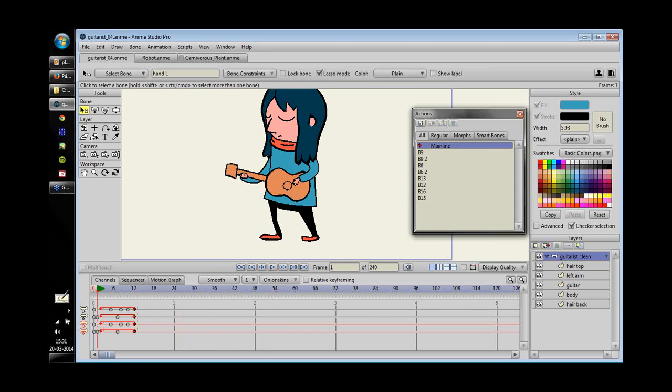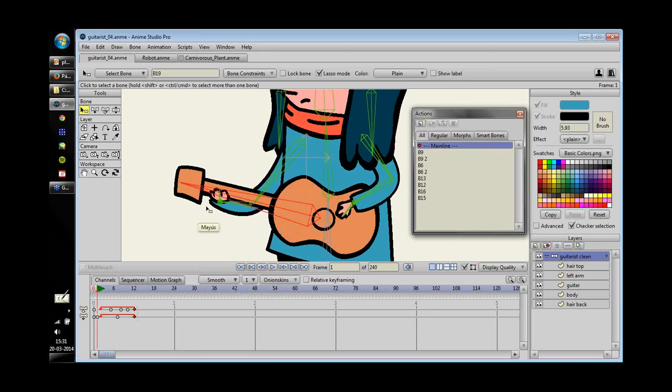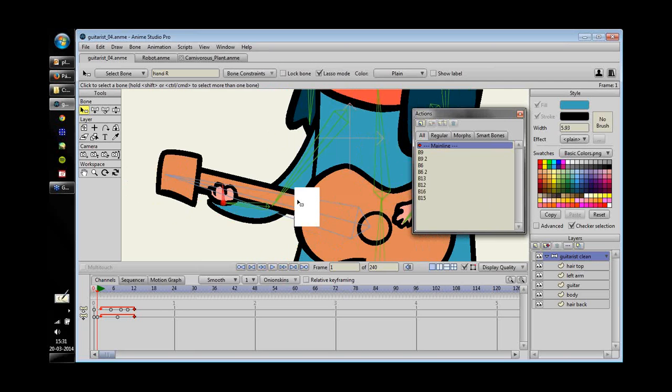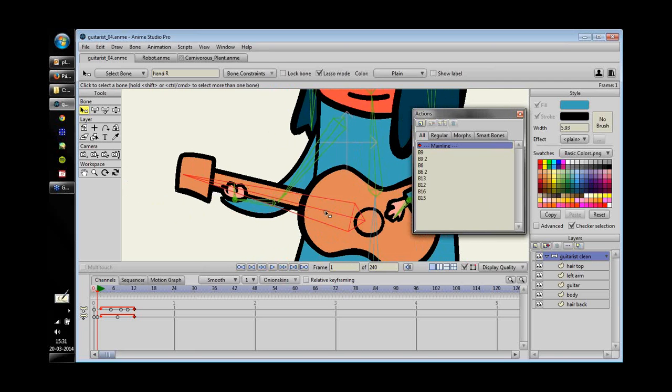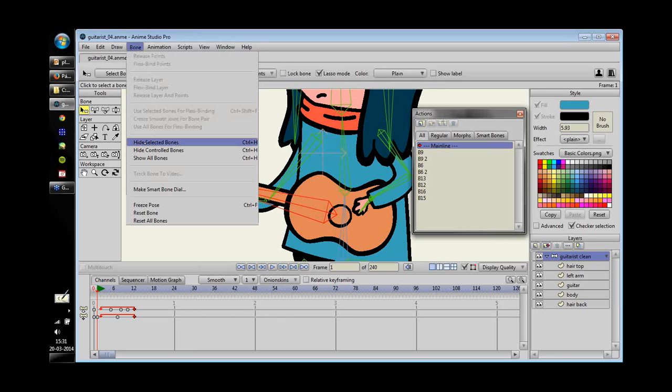Okay, and now we will create a cycle for the other hand. But in this case, it is hard to select the hand because we have the bone of the guitar. So there is a new option to hide the bones. I will show you. So I can select the bone of the guitar, and I can go to the bone menu and